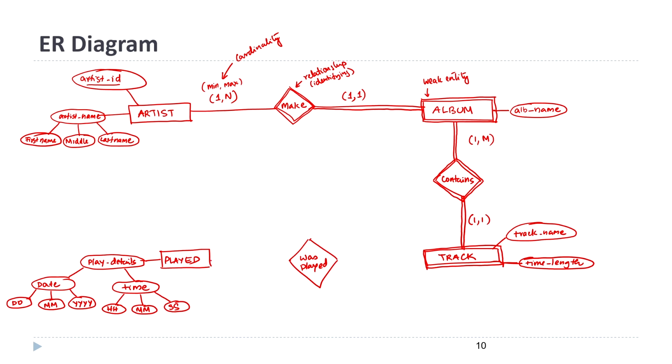Okay. So, the track was played at some point of time. Now the track is a weak entity, that means the played will only happen if the track exists. So, played is also a weak entity. Since played is a weak entity, this relationship is also an identifying relationship, because played has no